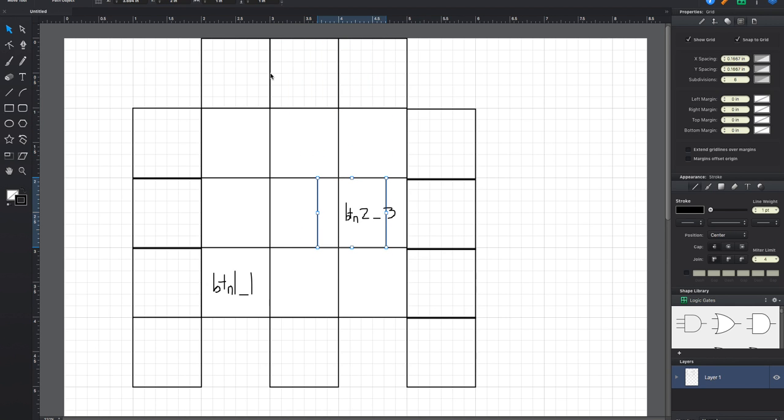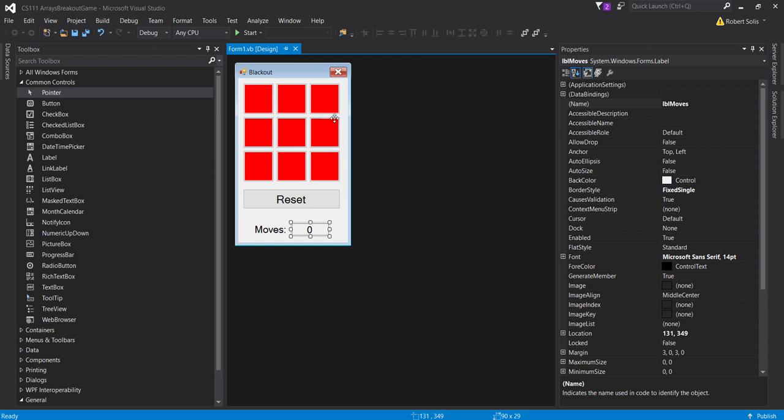So what I'm doing is I'm creating these perimeter phantom buttons. They exist, but they only exist in memory. They don't actually physically exist on your screen, like the other buttons that you drew at design view. For example, here you drew 9 buttons. What I'm doing in memory is I'm putting these phantom buttons around the perimeter, and they